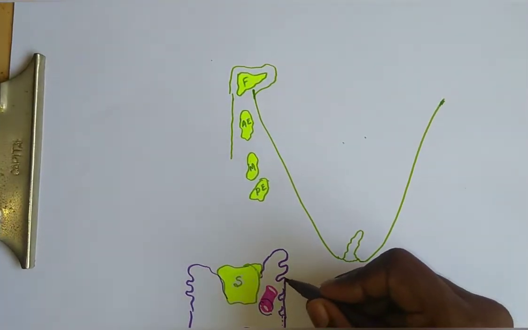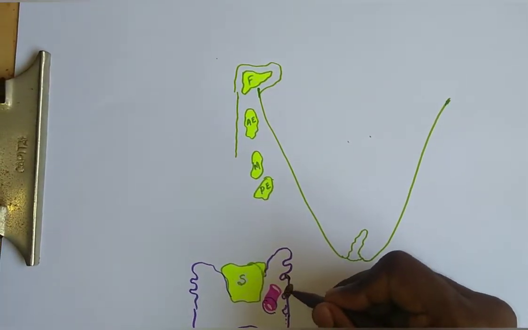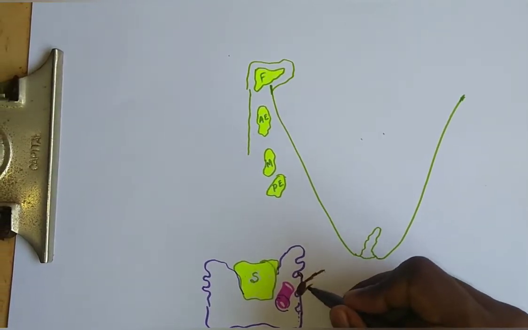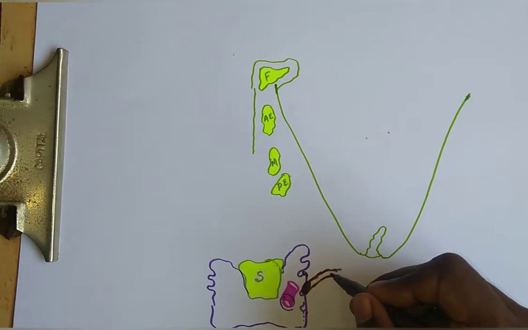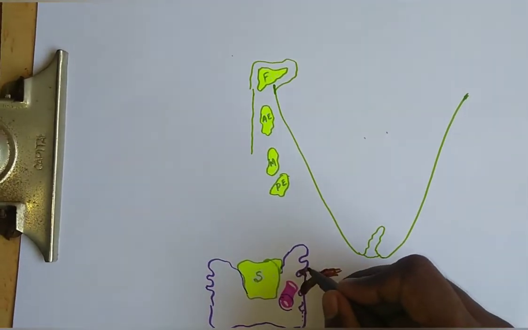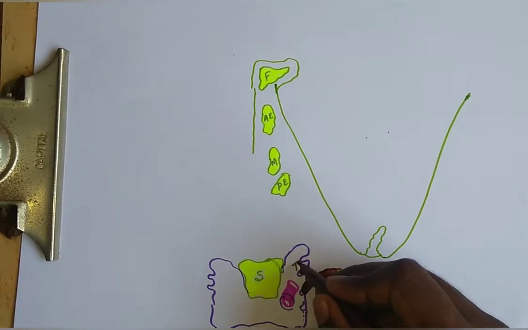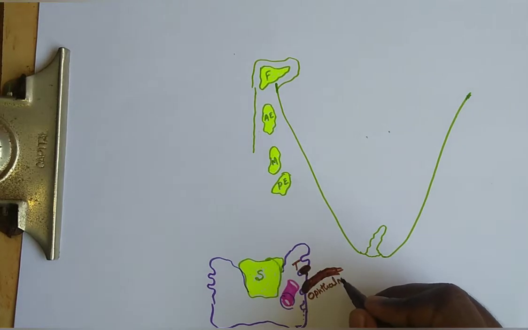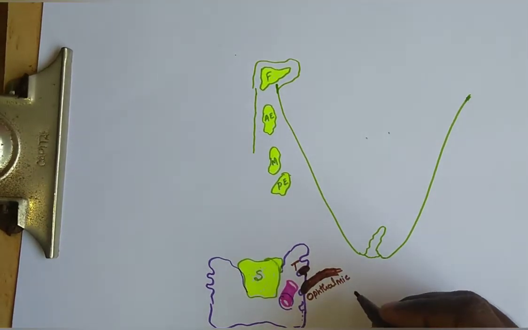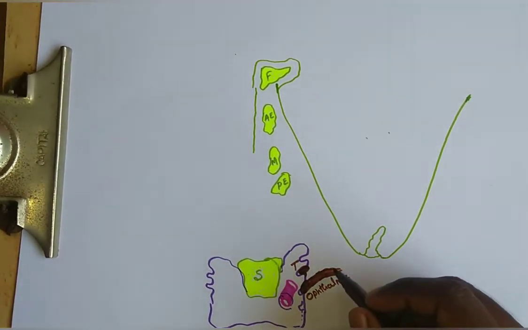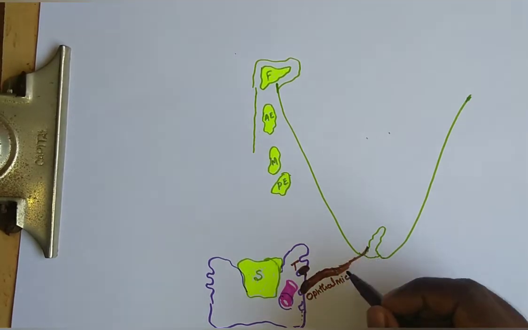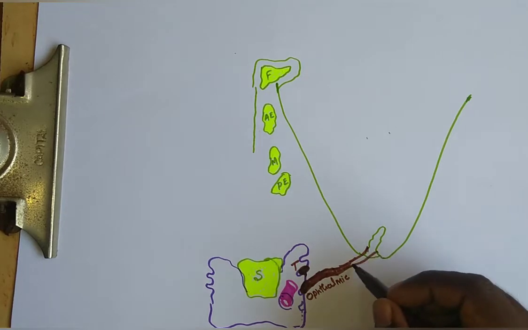The ophthalmic division of the trigeminal nerve is related to the lateral wall of the cavernous sinus. Below the trochlear nerve, this is the trochlear nerve, and this is the ophthalmic division of the trigeminal nerve. Then it passes anteriorly and divides into three branches